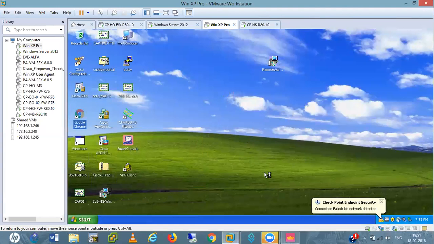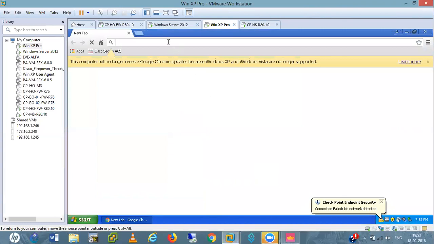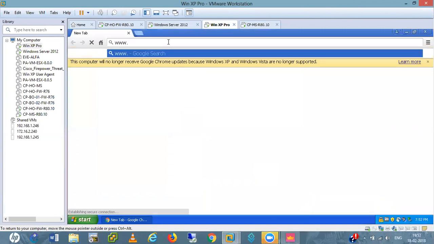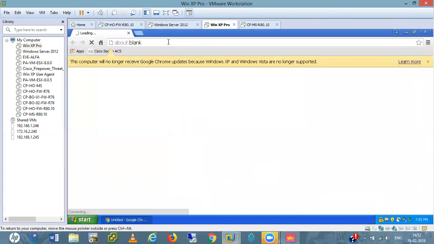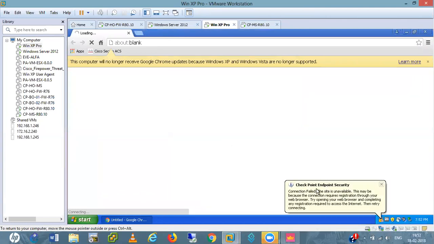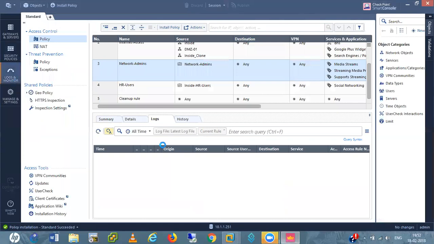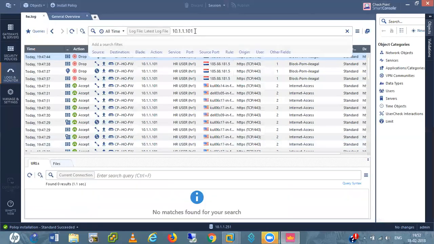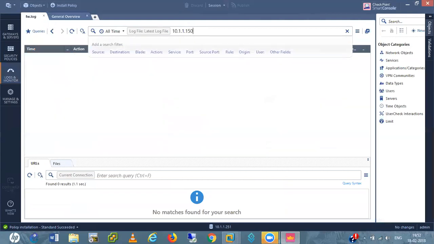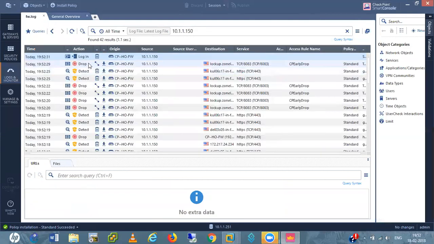If I open this browser again and try to access any website, suppose facebook.com, okay, it is sending this login page here.